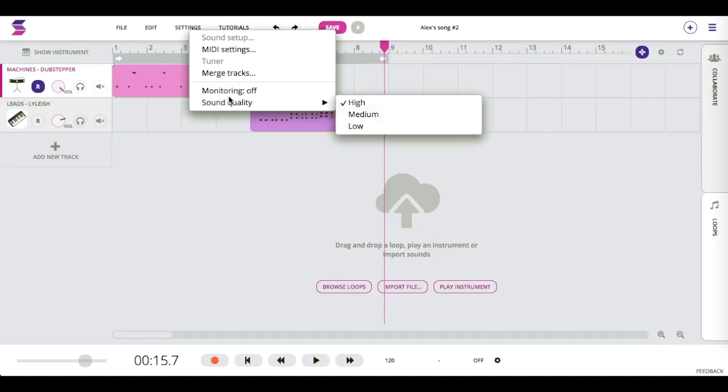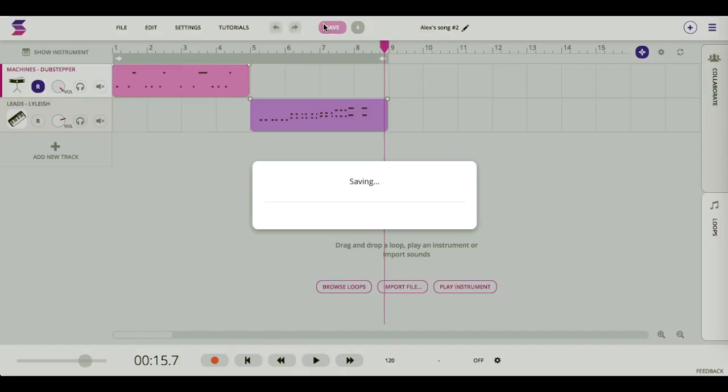Another setting, sound quality. I keep my sound quality high until I have a lot of stuff, then I put a medium or low because it slows the program down. It takes a while. So I recommend keeping your sound quality medium or low depending on your computer until you are ready for download. Then you're able to put it high, save it, and when you save, right here, it'll